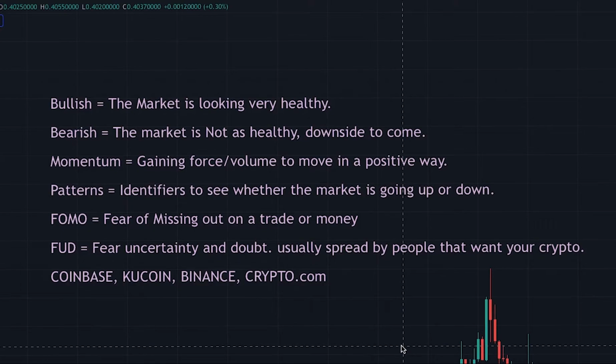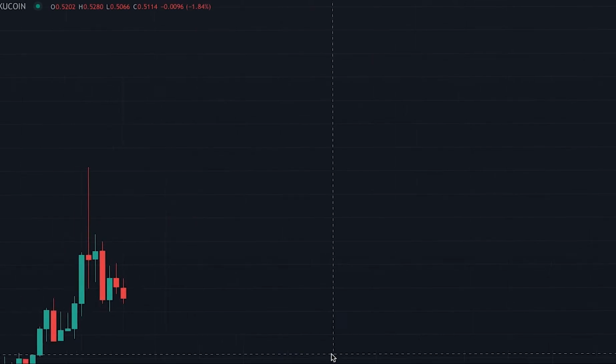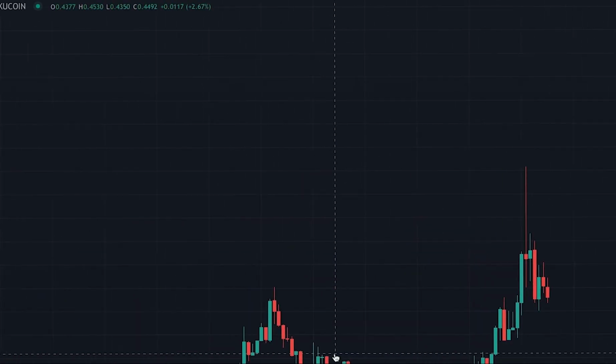Then you have the 4 exchanges that are the biggest right now here in the US, which are Coinbase. You also have Coinbase Pro, you have KuCoin, you have Binance, which is Binance.us, and you have crypto.com. And as always, these markets are going to continue to perform. Let's take a look at, on this chart over here,